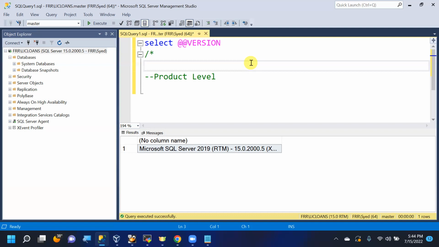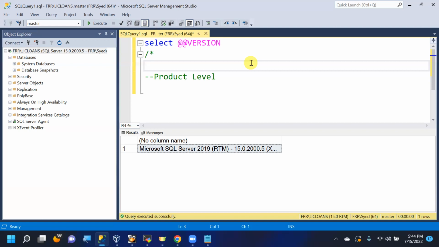Maybe in future we have 2022. Microsoft has planned to release 2022, for example. But remember, whenever they are planning to release 2022, first they always release it with